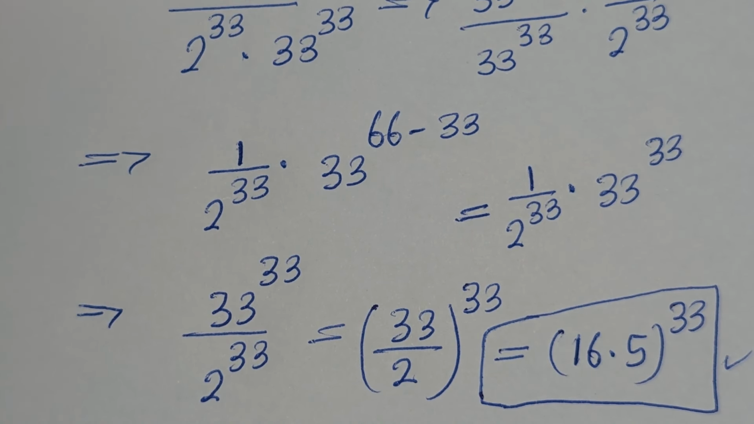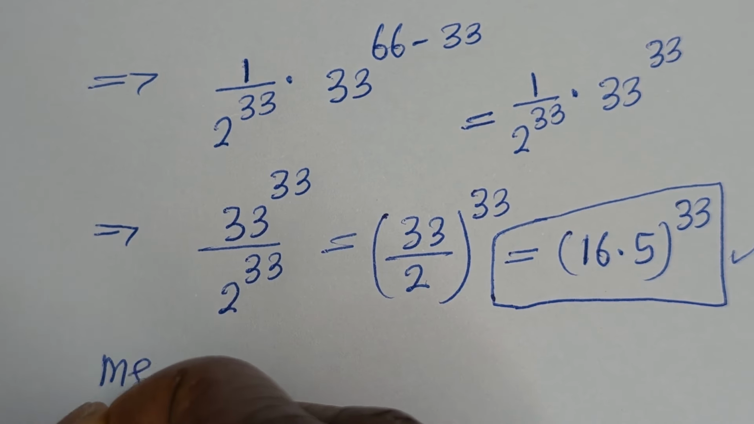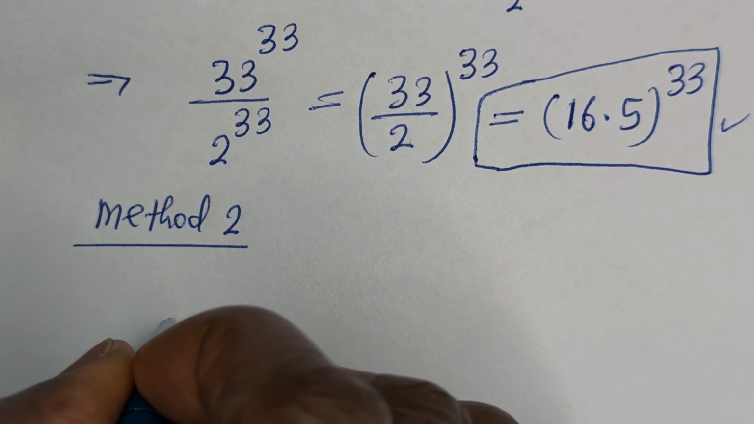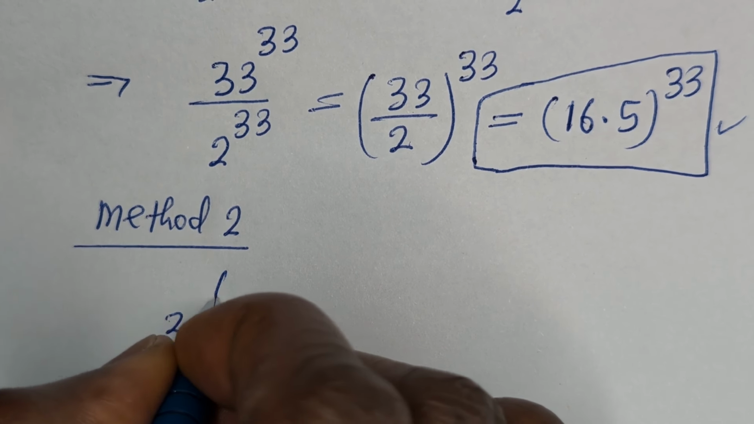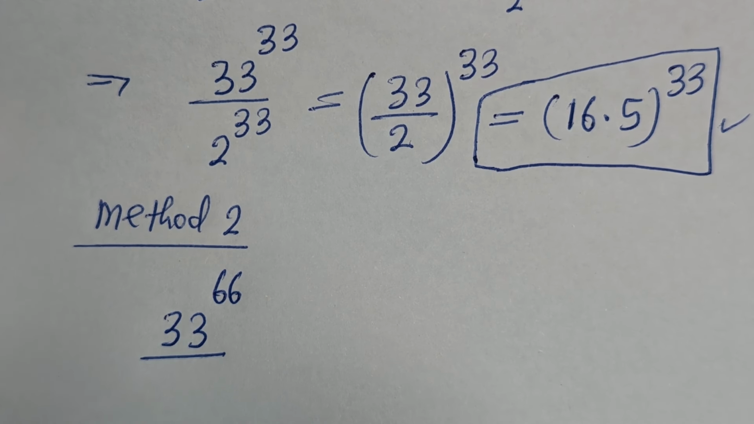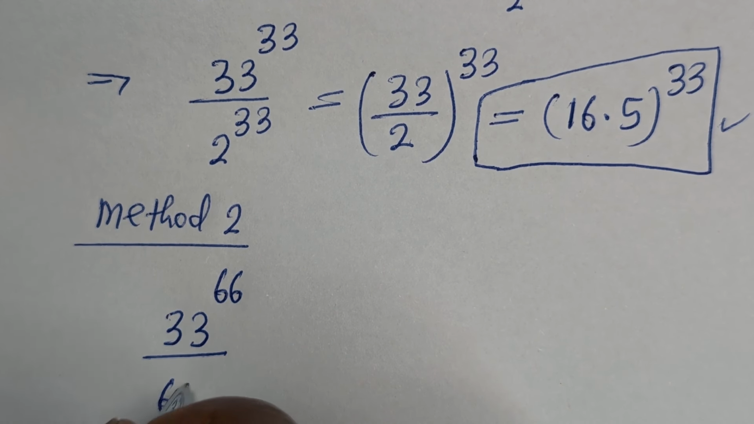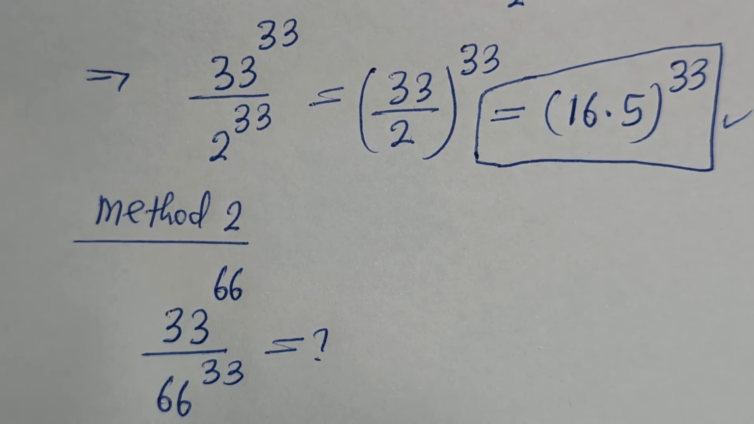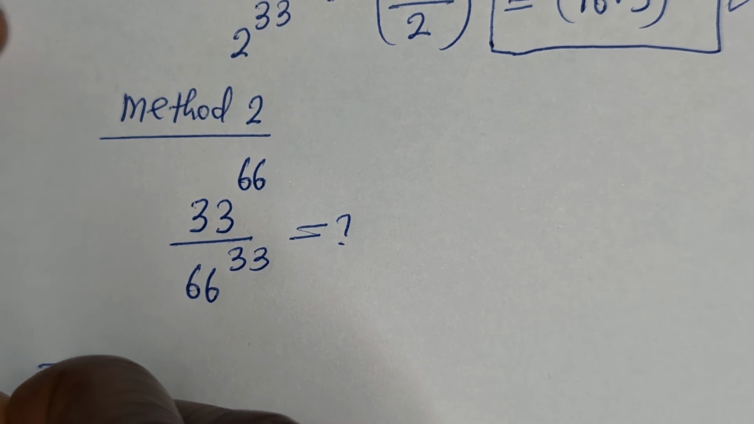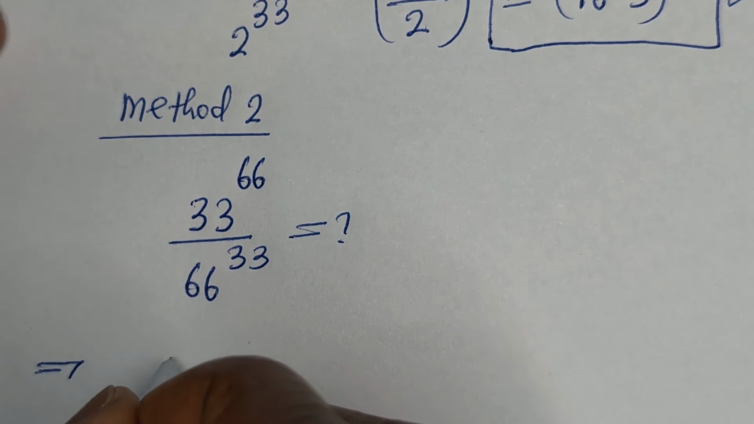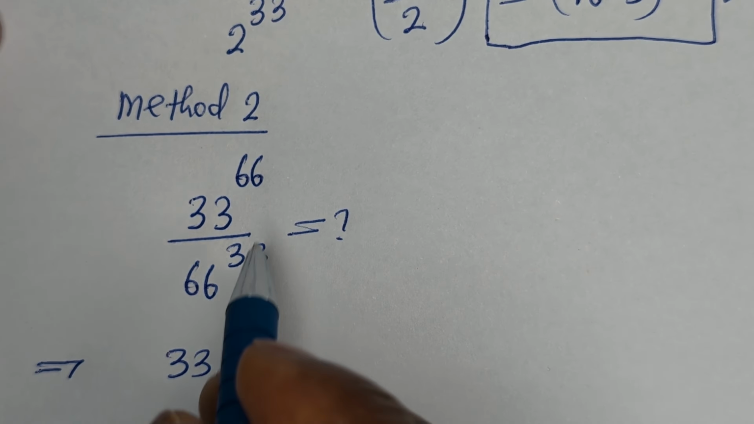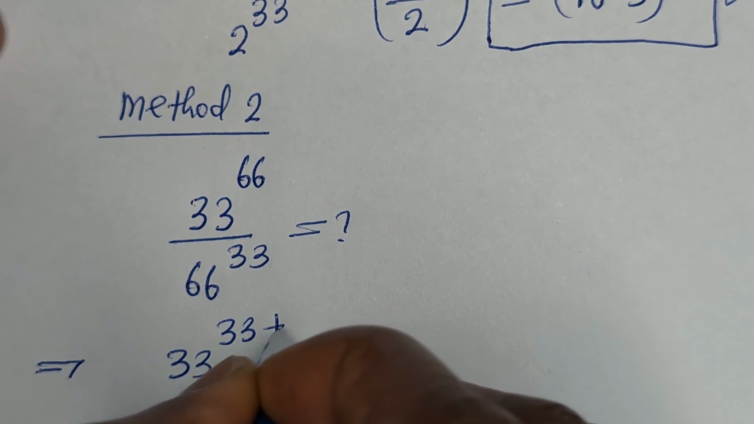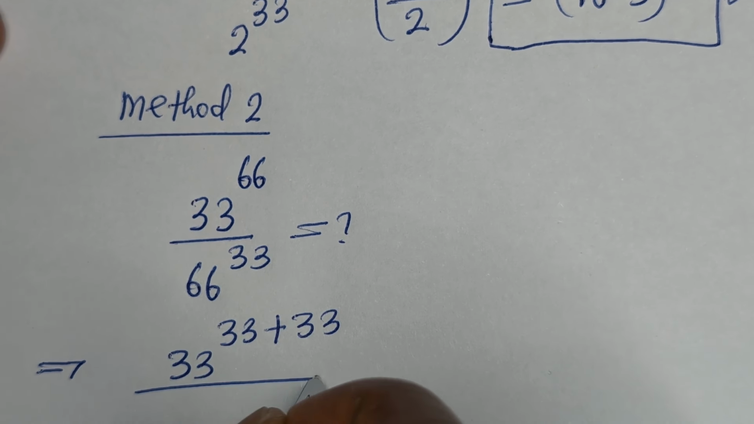Now, let us consider the second method, called method 2. From the second method, we have the given problem 33 raised to power 66 divided by 66 raised to power 33. Then this is 33 raised to power 66, which can be written as 33 plus 33, divided by